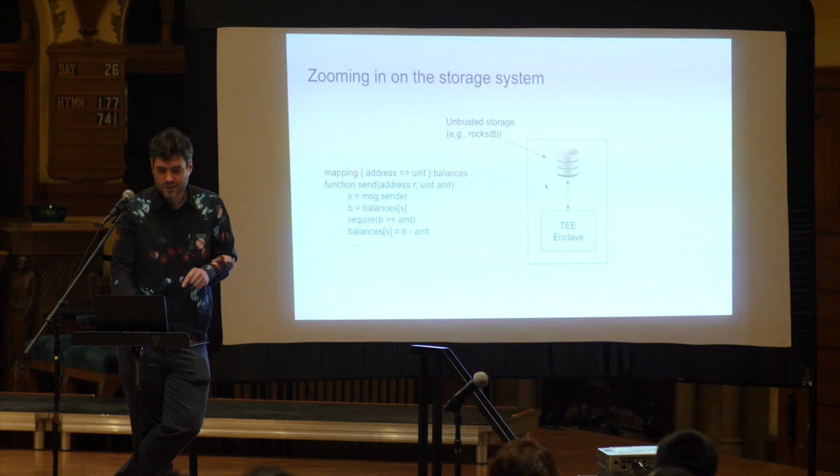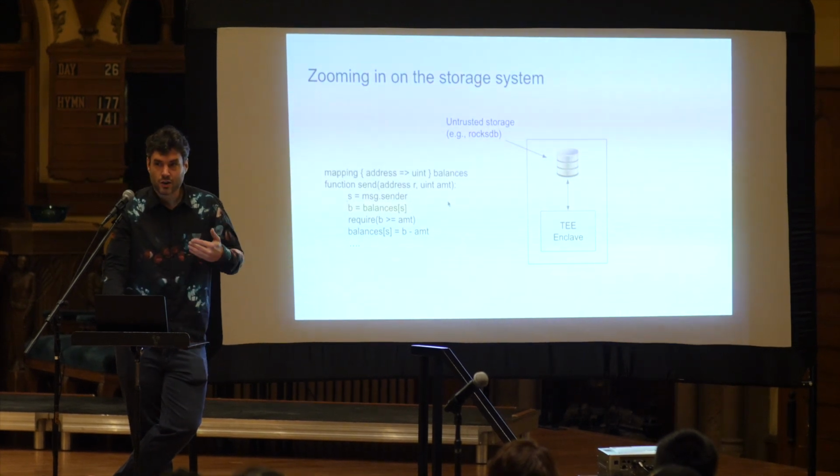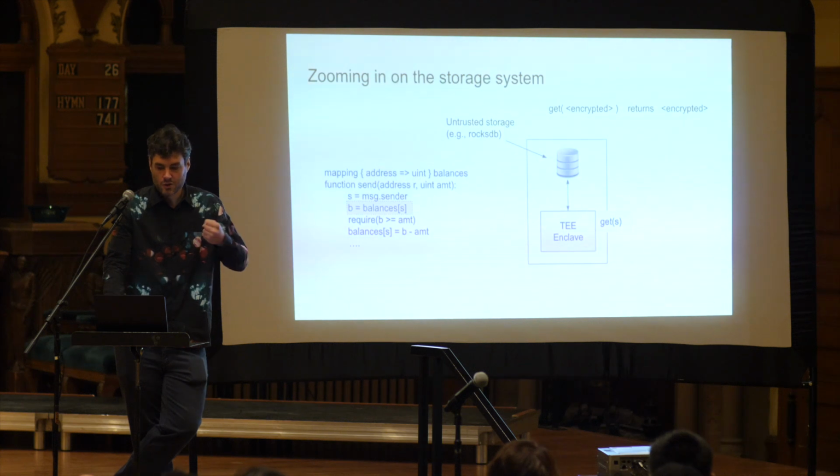And you know that smart contracts have access to storage, right? They use a key value store that the contracts can access. That means there's interaction from the hardware enclave to the storage. So if you have a smart contract, say your favorite ERC20 token transaction, there's a key value record for all of the account balances. Well, the first thing that the enclave has to do is say, give me the encrypted storage value corresponding to this address. The key is encrypted, so you don't know which address it is, and it returns a value. So that's encrypted, and only the enclave can decrypt it. That's cool. And then same thing for setting the account.